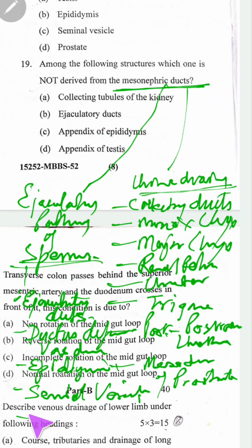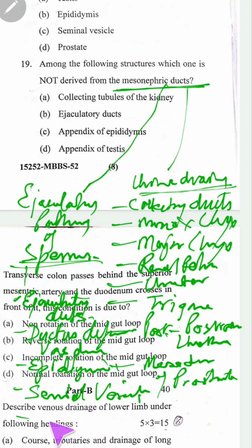Yes, all of this. And vasa efferentia is actually from mesonephric tubules, not from this. So these were derived from the mesonephric duct, and the cranial most portion of the mesonephric duct